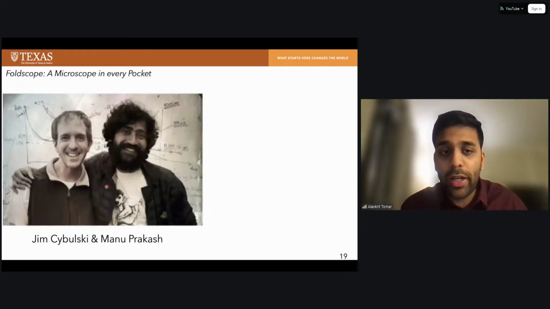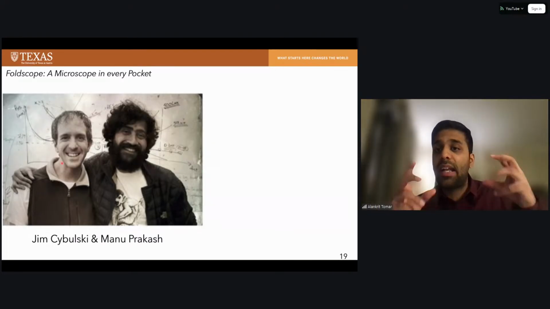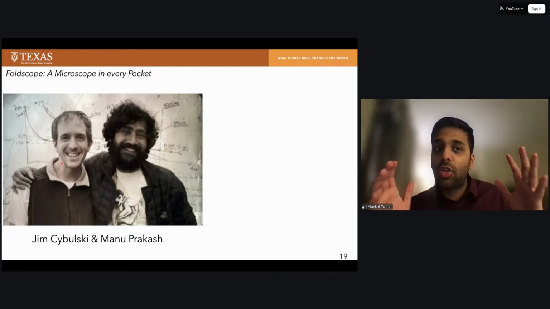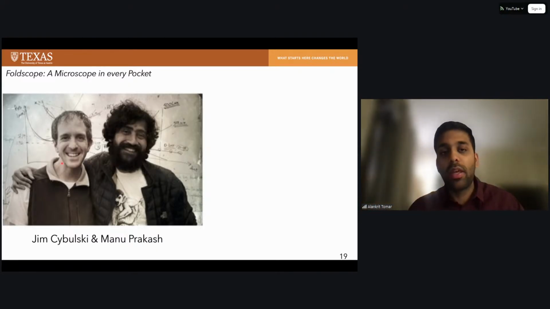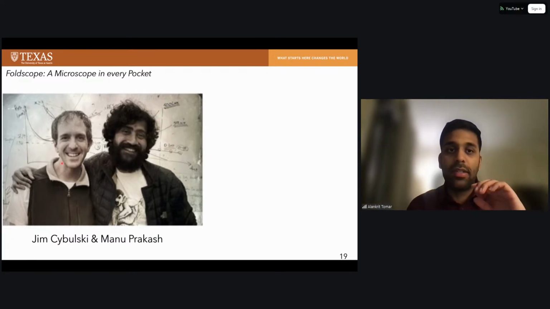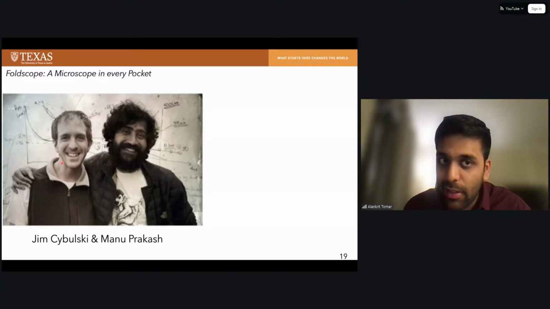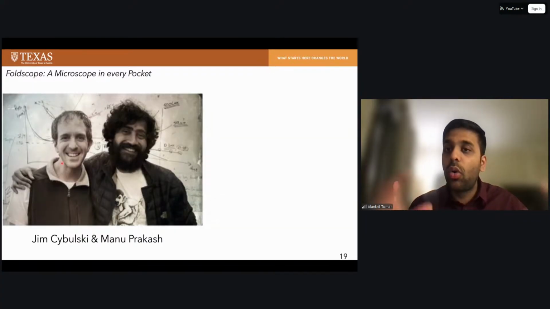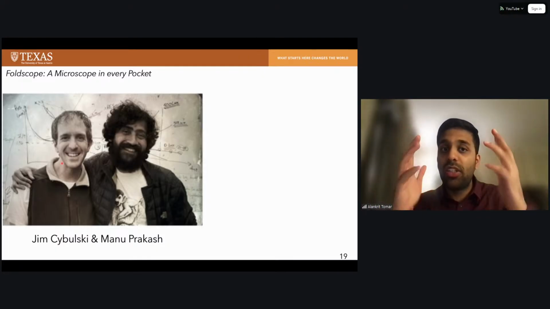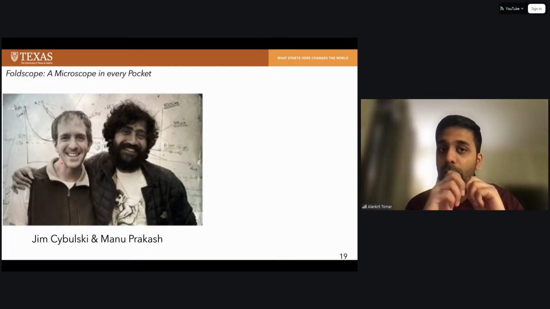So this is Dr. Manu Prakash, and this was his student Jim. And they started with the basic idea that they wanted to give a microscope to every child in the world. Now, microscopes are one of the most expensive items in the field of photonics or optics. They cost thousands and lakhs of rupees. So they started with the goal of how they can create a microscope which can be accessible by every child